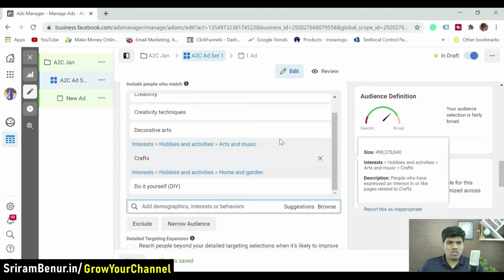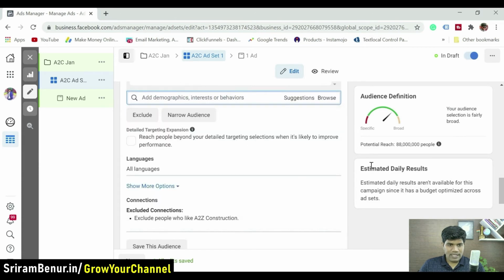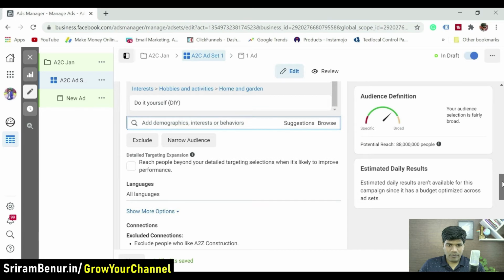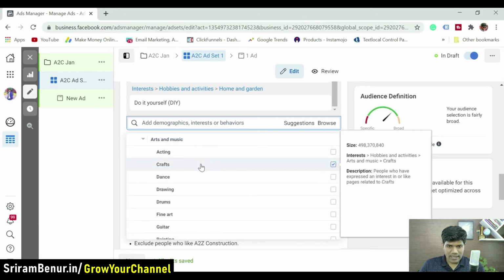Suggestions. So one other thing that you can also do is you can just click on hobbies and activities. Once you do that, you can see hobbies and activities. So it's going to show you all the arts and music and things like that, travel, home, gardening, right? So just click on that. So acting, craft is what we selected, drawing, drums, fine art, guitar.